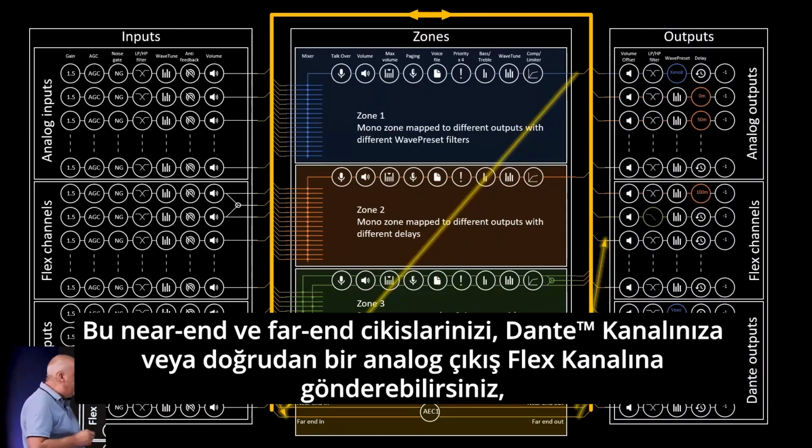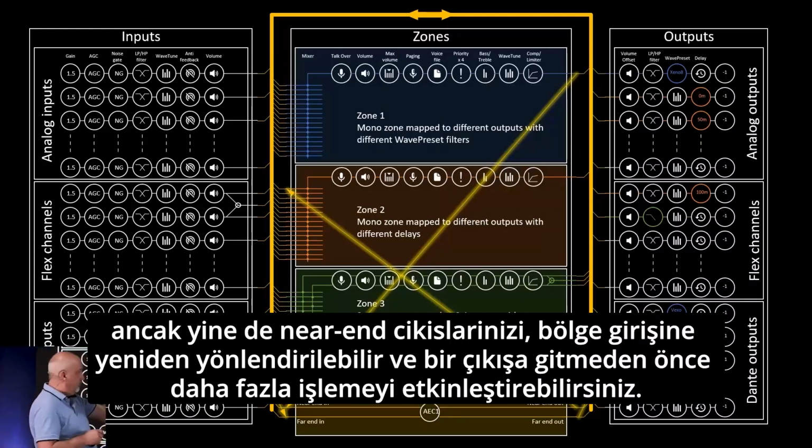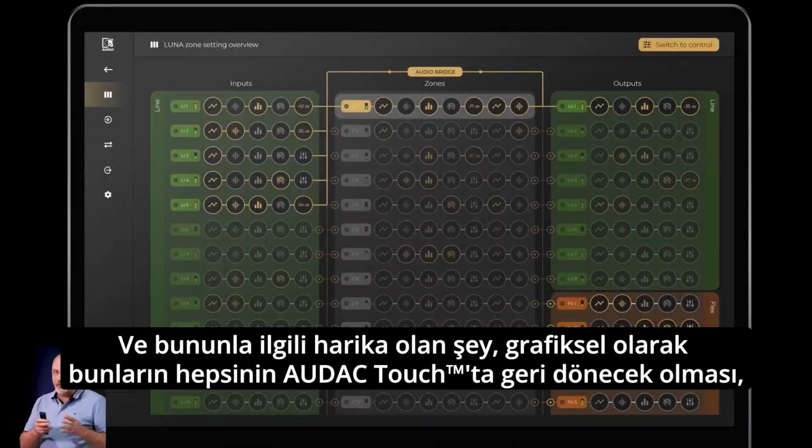On the near end out and far end out, you can send out to your Dante channel or directly to an analog output or Flex channel. But again, your near end out can also be rerouted to a zone input and have further processing enabled before it goes to an output. And the wonderful thing about this is that graphically, this will all come back in Audac Touch,